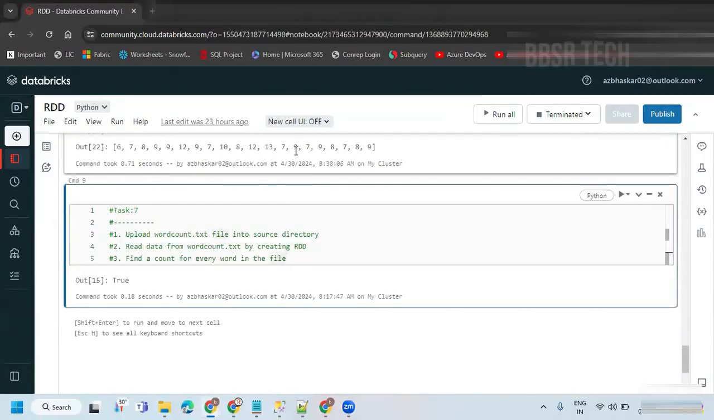So in the last session, we started talking about how we can create an RDD with different options, by reading data from files and by using an existing RDD. We came across that. Okay, so